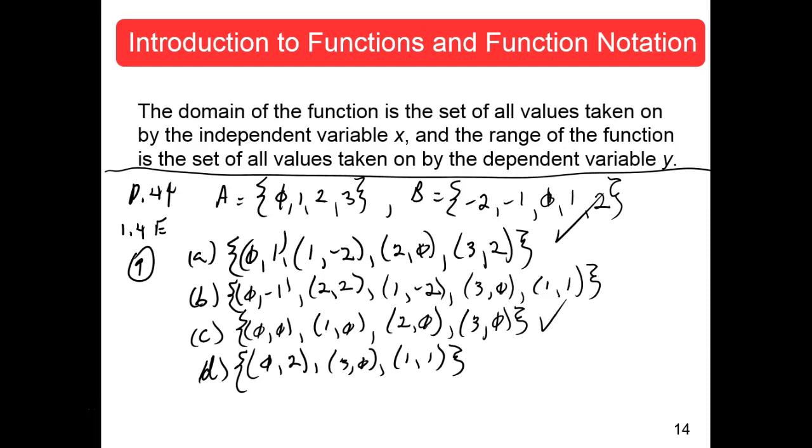An element in A, the domain, cannot be matched with 2 different elements in B. We saw that. So D is not a function because it does not assign every element in A. That's a little picky, but